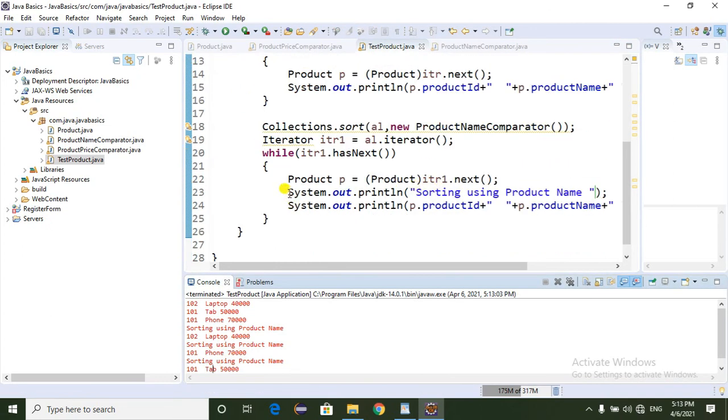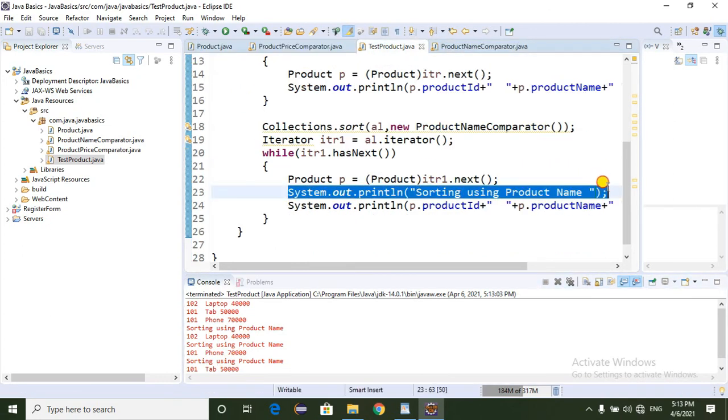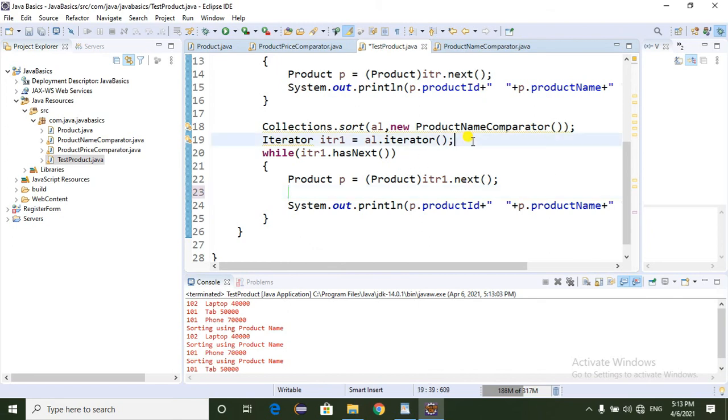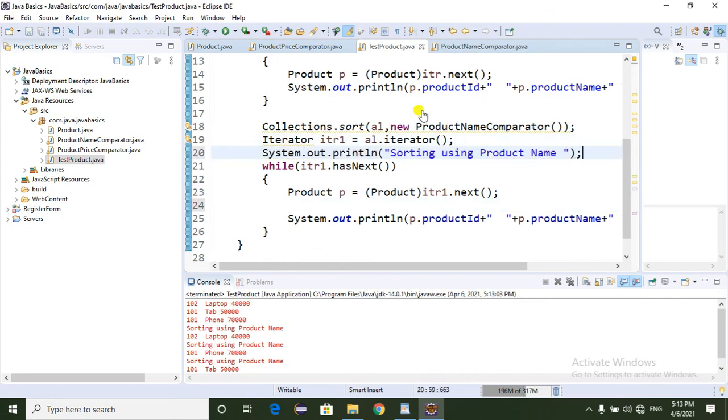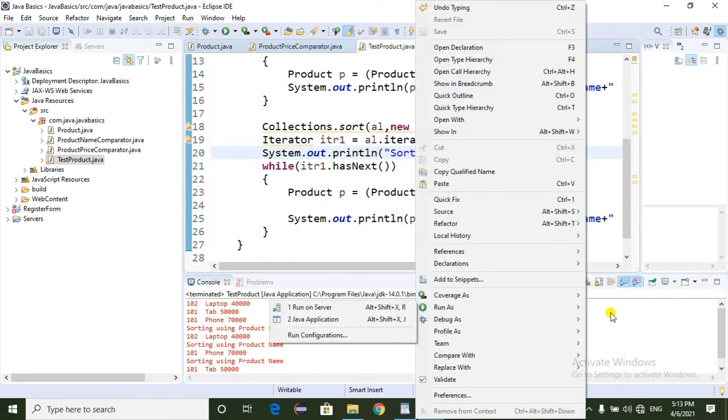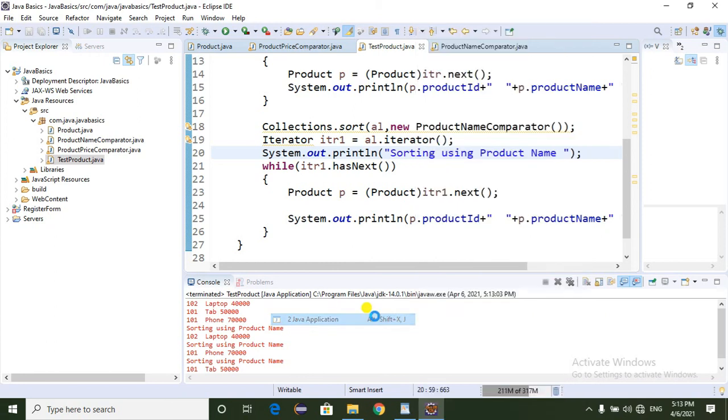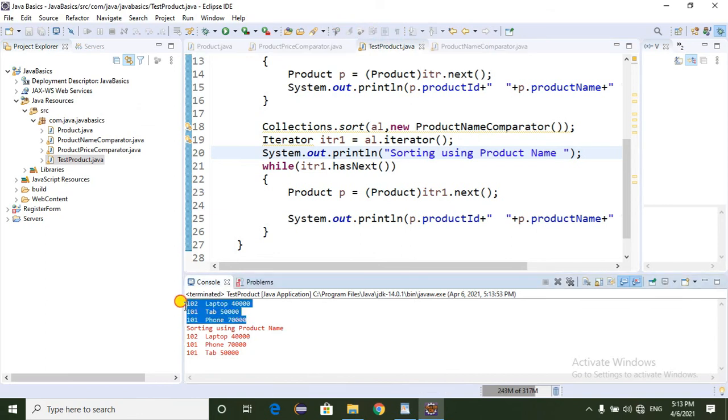Here we can write this block. Now run as Java application. Here we can see this block is sorting based on the product price, and here we are sorting based on the product name.